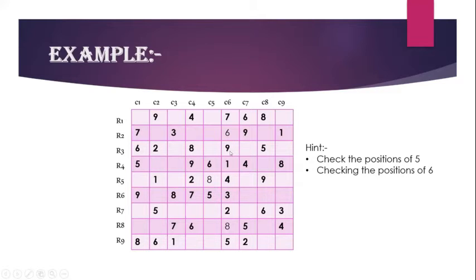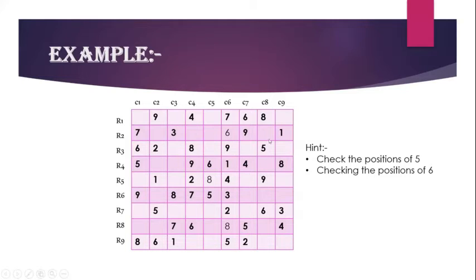Now, the second point: we have to check the count of each number. What I said was that 5, 6 and 9 have the highest count. So let's look at the position of 5. 5 is missing in the first block, second block and sixth block. Now the first block is a combination of columns 1, 2, 3 and rows 1, 2, 3. On checking column 1 we already have 5 over here, and in column 2 we already have 5 over here. So the possibility for 5 in column 3 is R3C3 and R1C3.